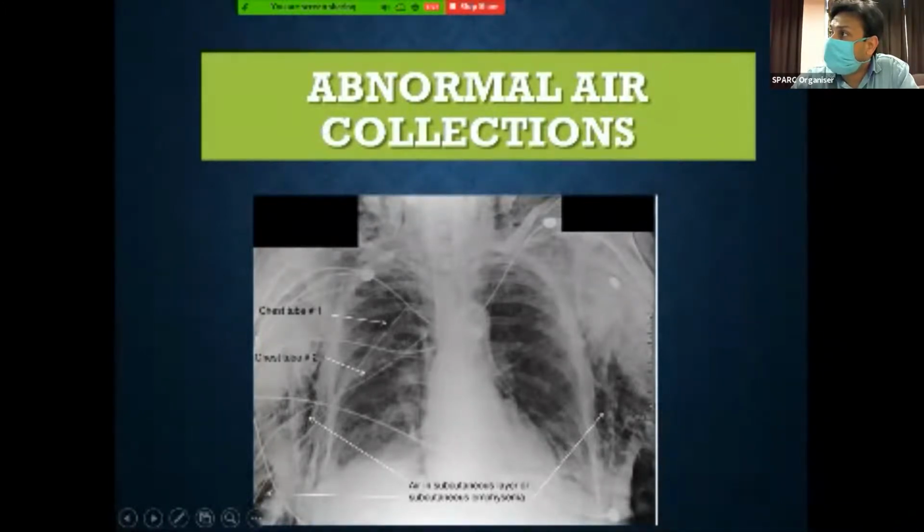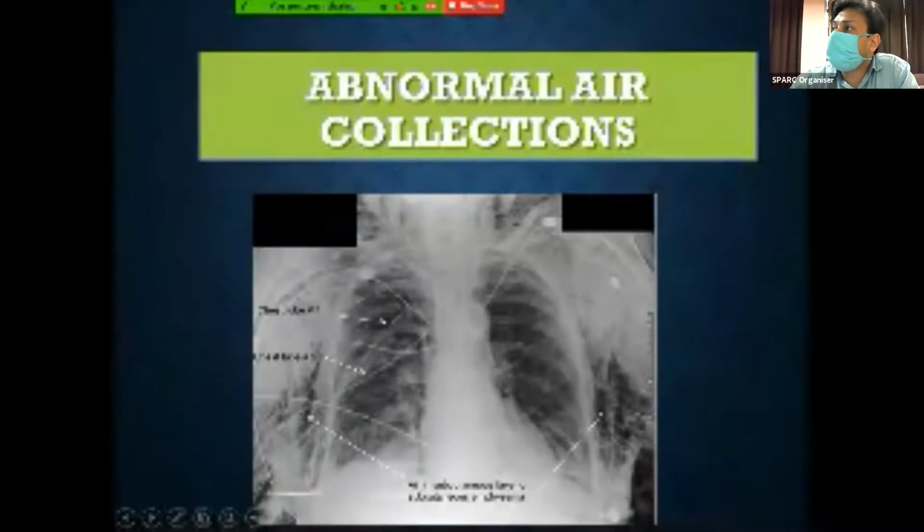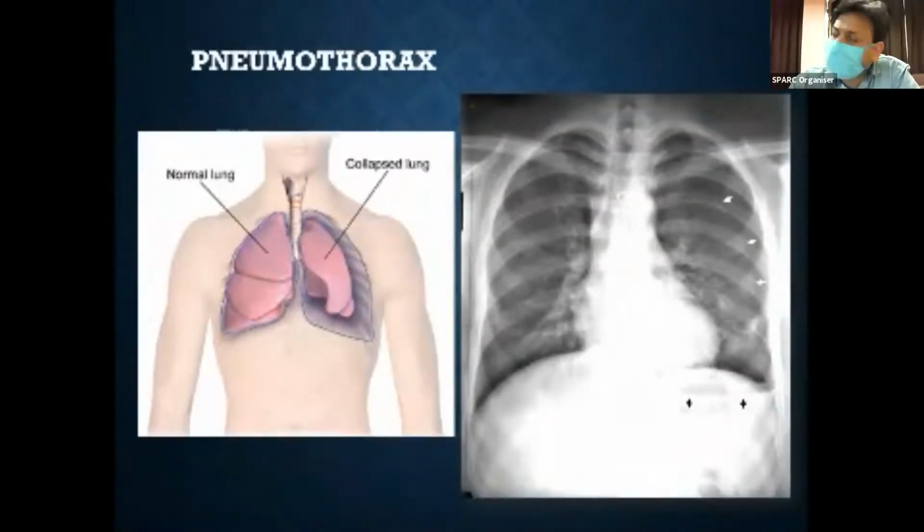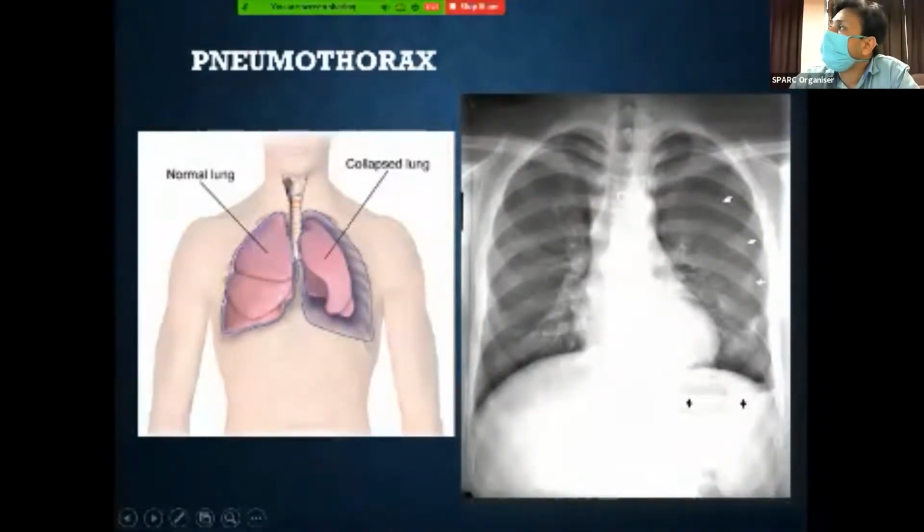Even we can see fibers of the pectoralis muscle. So this kind of appearance is seen in cases of subcutaneous emphysema, usually secondary to trauma or secondary to chest tube insertion. So sometimes we see it in ICU setting or in trauma settings. So this is an example of subcutaneous emphysema. Pneumothorax, a very important entity. And what we see in pneumothorax, of course, lung is also an air-filled structure, and pneumothorax is also an air-containing abnormality.